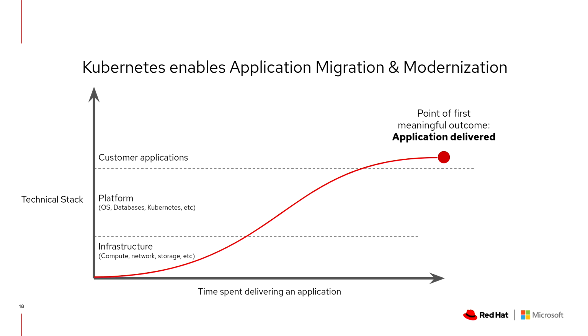As customers are starting to modernize their applications using Kubernetes, they have to build out components on top of the operating system, have to build out databases that work with Kubernetes, have to build out logging and monitoring and service mesh and lots of other things that they just don't see in the first few days when they're first adopting Kubernetes. A lot of time, Red Hat engages with customers and they're spending many engineering hours in the infrastructure and platform space, and customers often have lost sight that the meaningful outcome that they're trying to get to is get applications